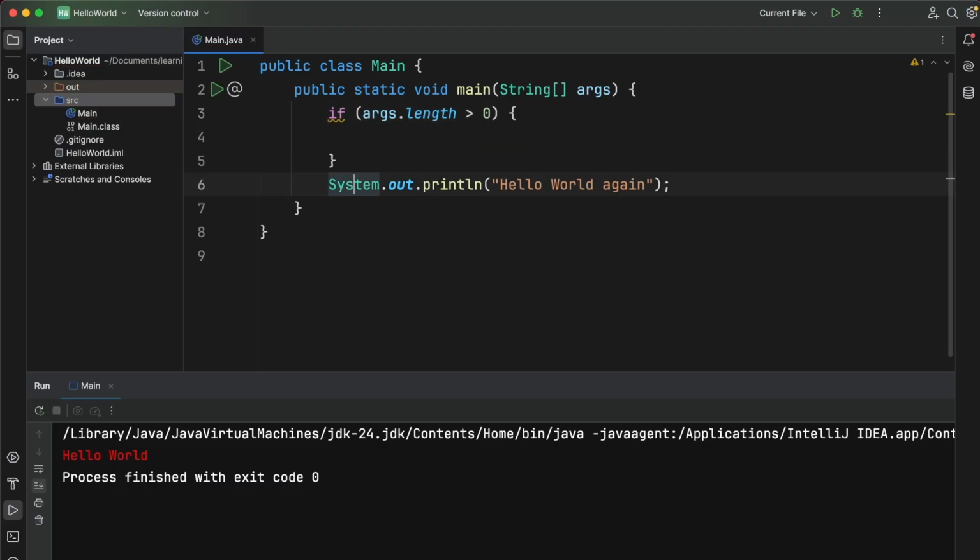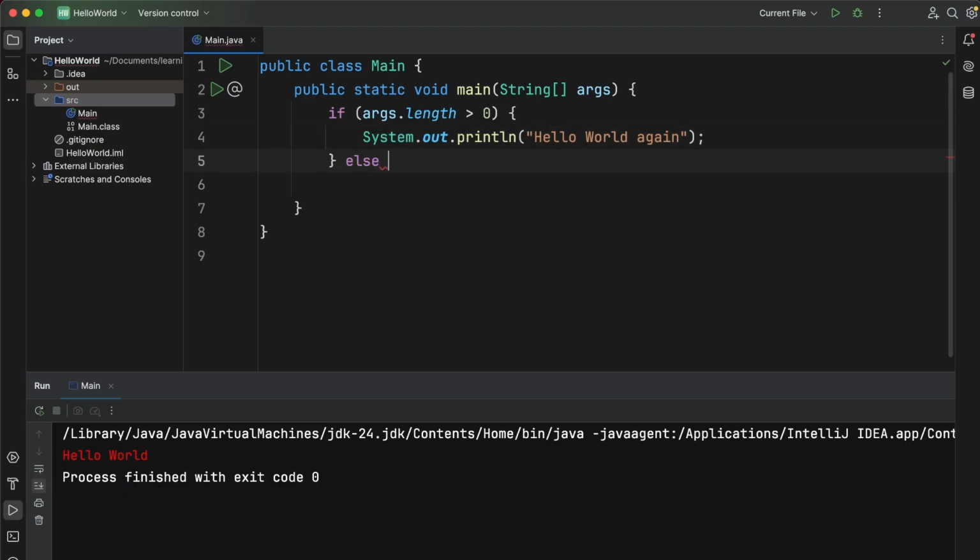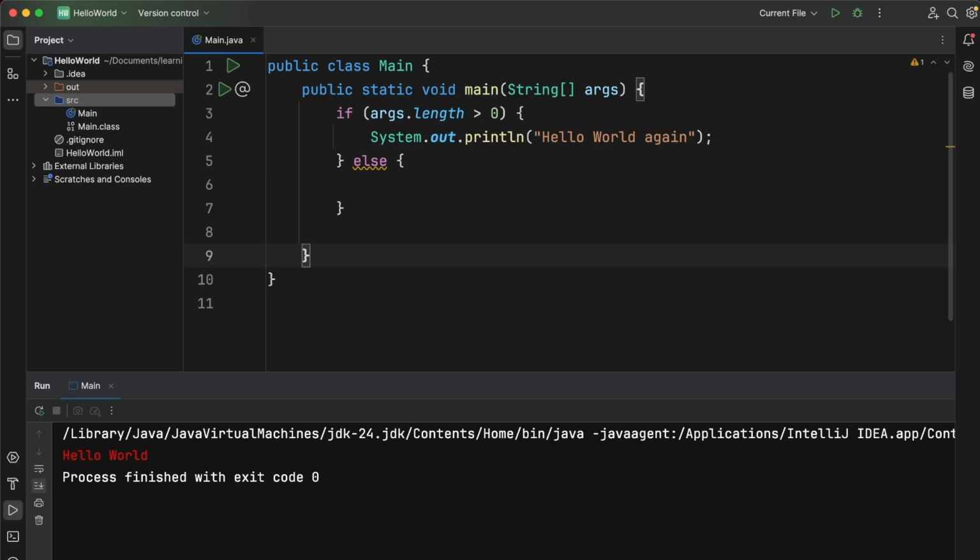Let's cut and paste this, and we'll print what is inside our arguments. So we'll say hello, and I will say args of 0, and otherwise we'll say